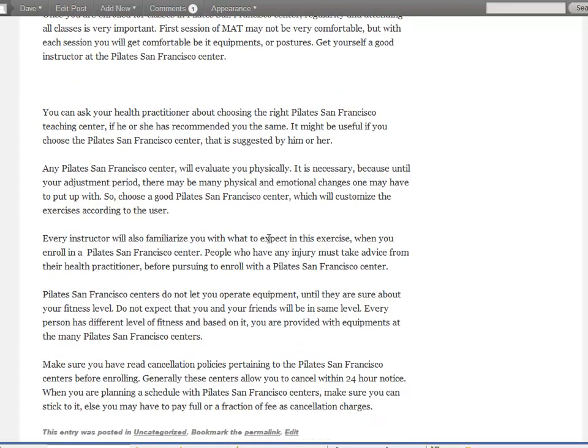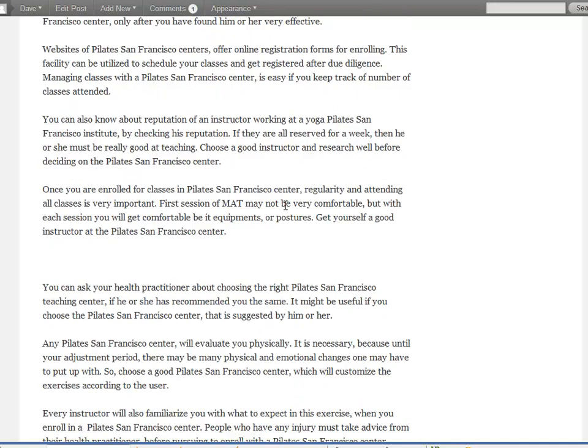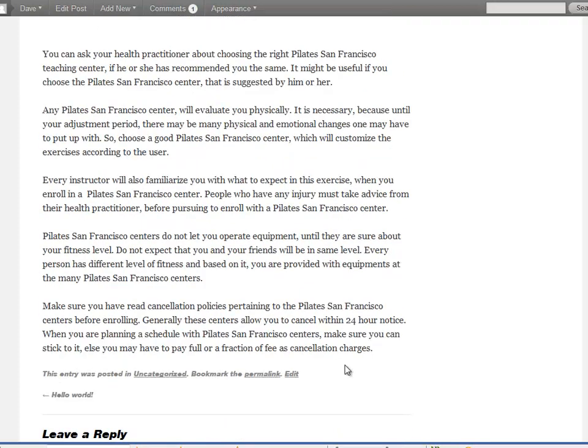There should be an underlined in there somewhere. And then we've also followed all of our content rules,